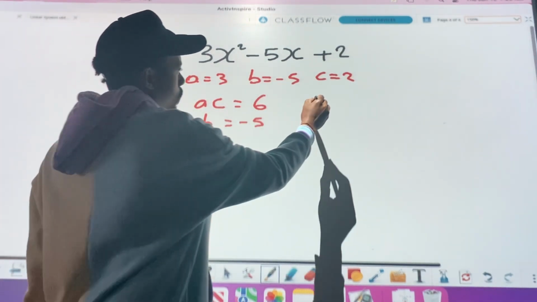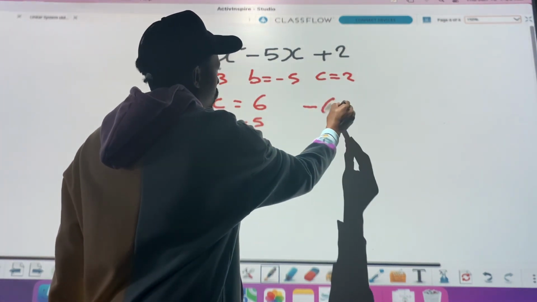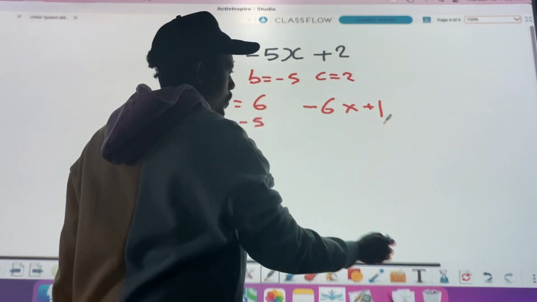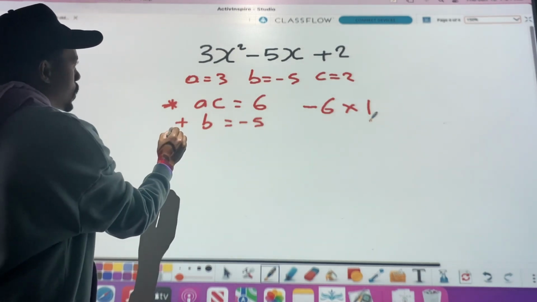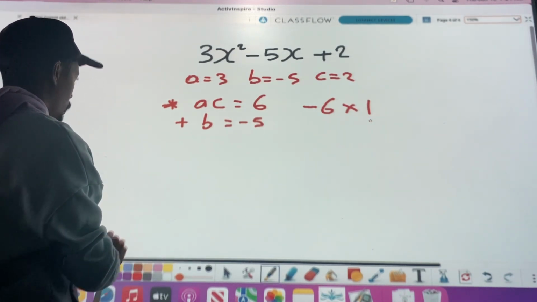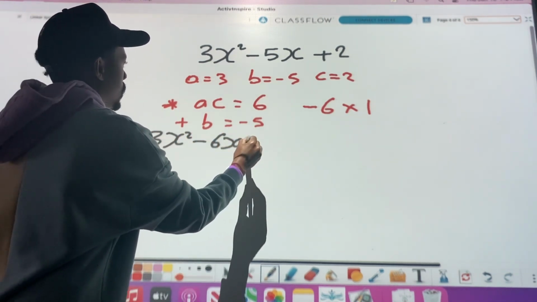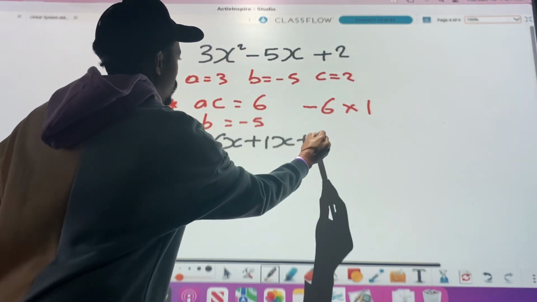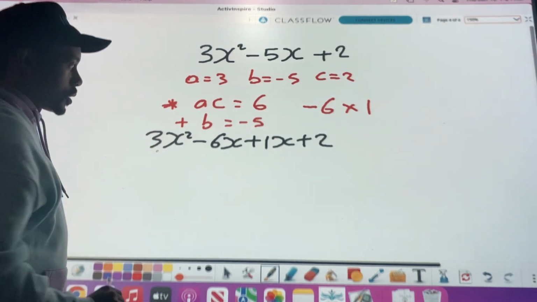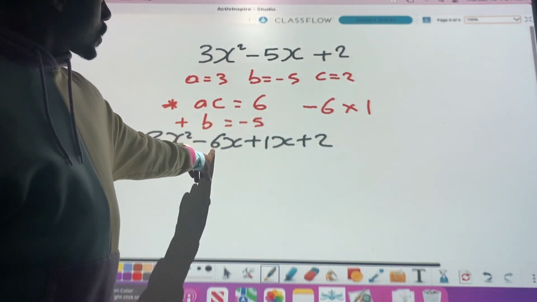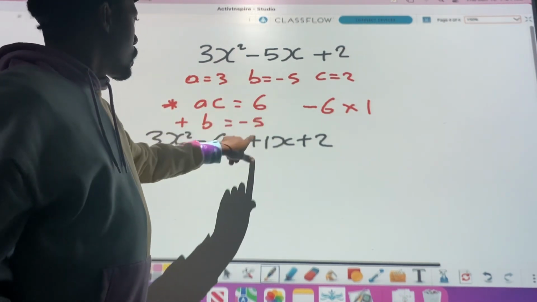And that looks to me like negative 6 times positive 1. Negative 6 times 1. That was what it looked like to me. So let's rewrite this now. We've got 3x squared minus 6x plus 1x plus 2. Good? So at this stage we replace the middle, minus 6x plus 1x. When you add these you get minus 5. When you multiply them you get the,